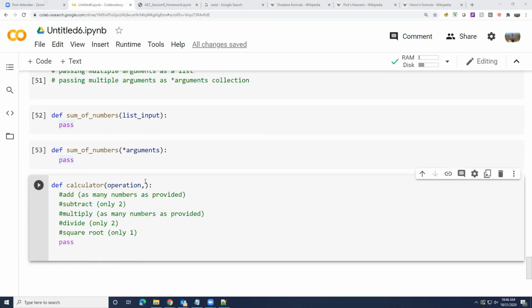Now, once I have operation, what else is known to me then? Can I decide how many numbers are needed? But is that a fixed number? Any guesses?